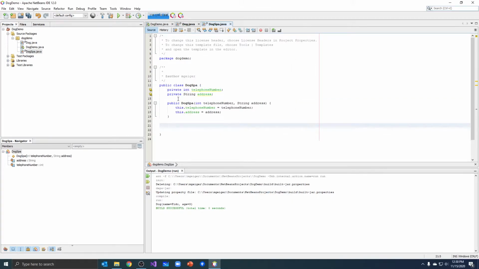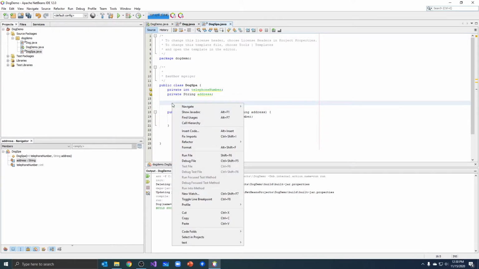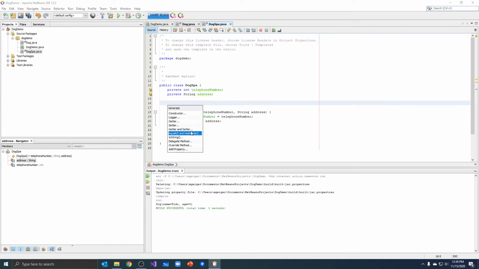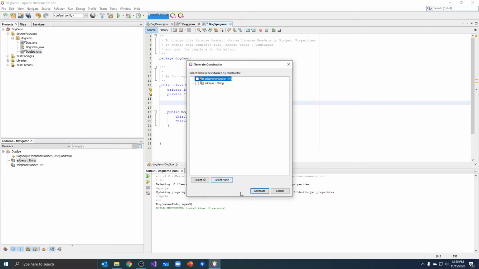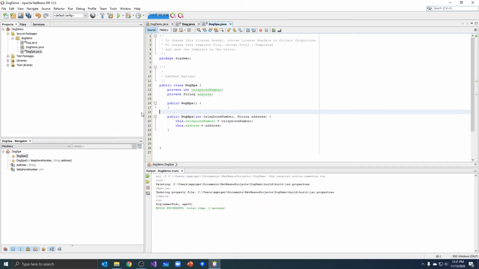There it is. I want to add, let's do another constructor. We're going to do overloaded constructors. Just to make things easier on us for this demo, because we really don't care about telephone numbers and addresses on this demo. So I'm going to do another constructor. I'm not going to select anything. So it's just an empty constructor. Just to simplify our code, when I create a dog spa, I don't have to supply it fake telephone numbers